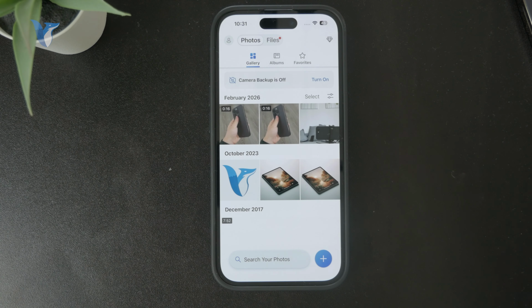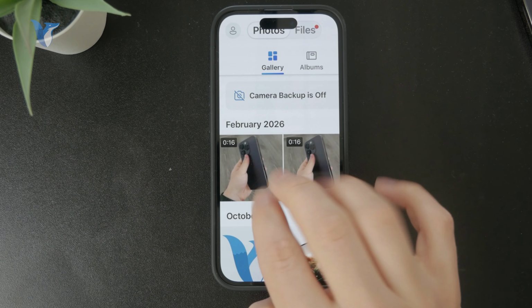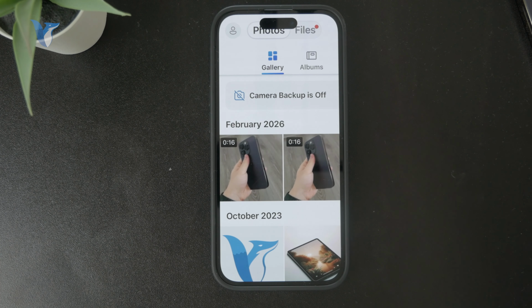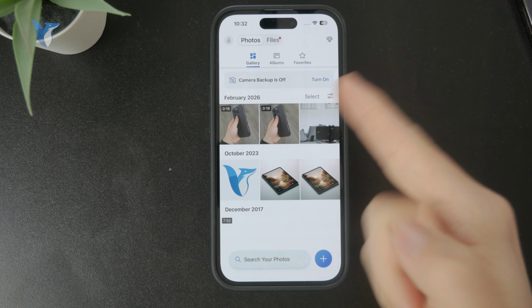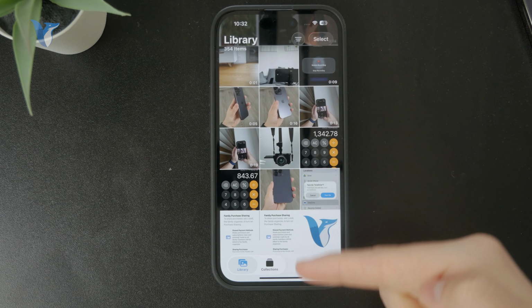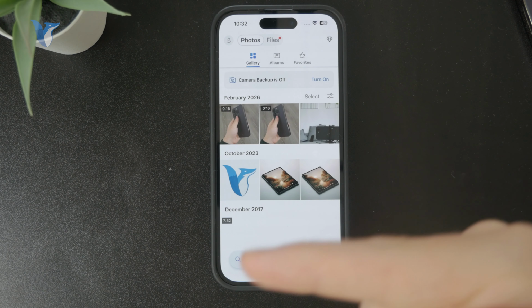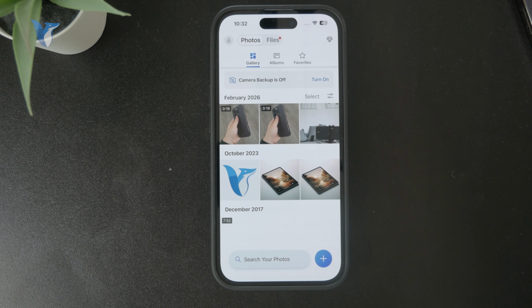But there are more features which you can enable and utilize the service even more. The first thing is the camera photos backup. So when you are inside of the app and switch from the files view to the photos view, you can see, in my case, I have the camera backup turned off. And if I enable it, it will mean that I will give the app permission to access all of my stored photos and videos and have them automatically back up and upload those files, the photos, to the cloud,